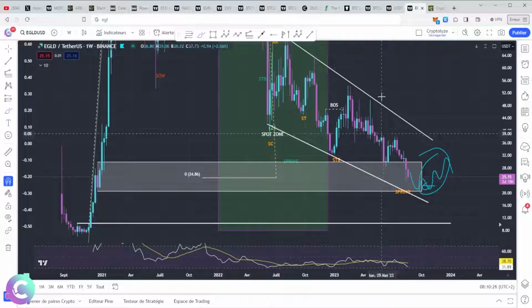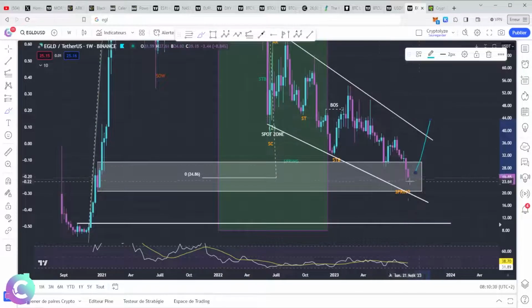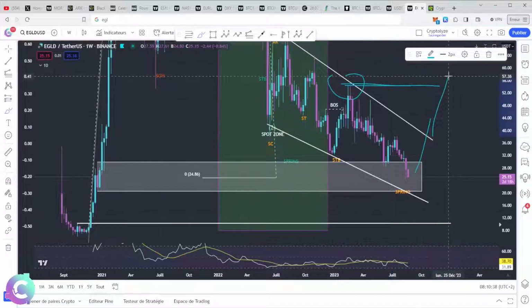Breakout that must be done in 2 stages, breakout that must be made here at the level of the trend line, and which must first get $50 here for me. We have to get the $50 to really break the high and therefore reverse a long-term trend. There we will have a signal to tell ourselves that potentially we are either in range or we are in a bullish structure to accompany the price upwards.